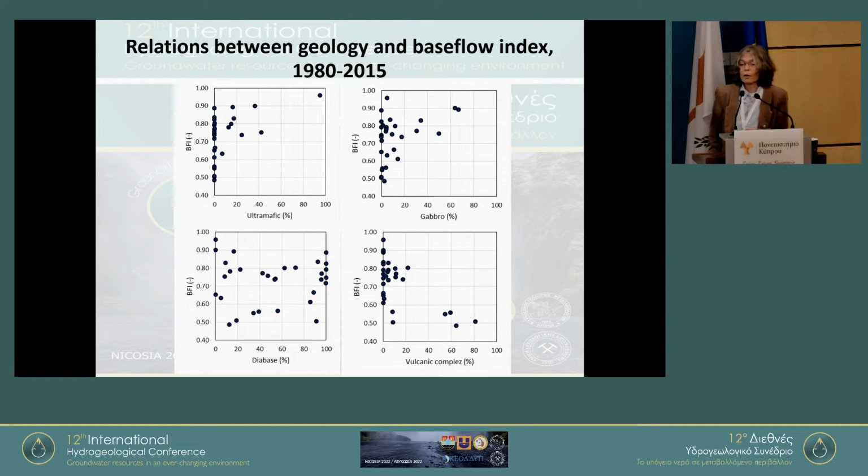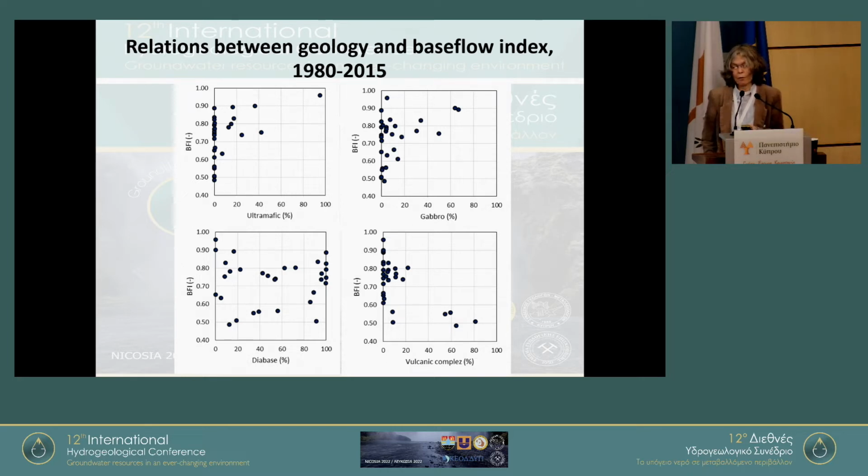So here we are looking at the base flow indexes on the y-axis, and on the x-axis we see the geology percent over the area of the watershed. On the left top you see the ultramafic, and there you can see again the 96% base flow index. But in general we'll see that the ultramafic have higher base flow indexes, but the pattern is not very clear. Again, Gabbro on the top right, also among the higher base flow indices, but it isn't a very consistent